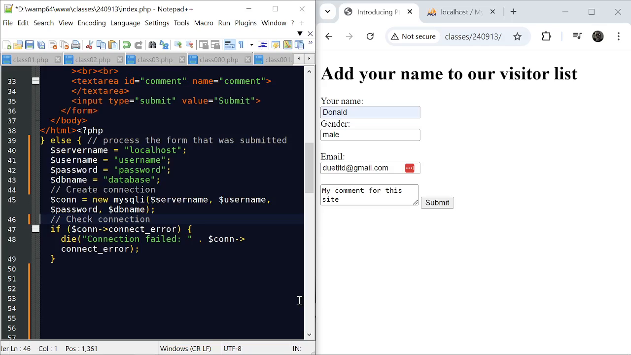And then it says, if the connection has a connect error, then die, which means stop running the program, and put out the message saying connection failed, and show the connection error. And if it did not have a problem,